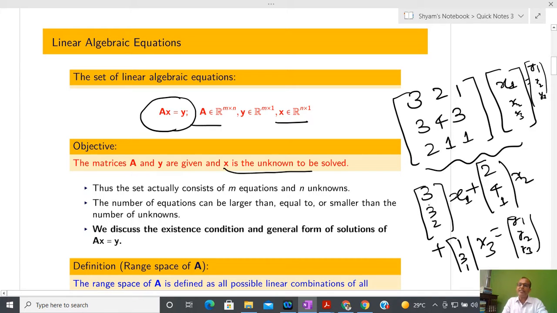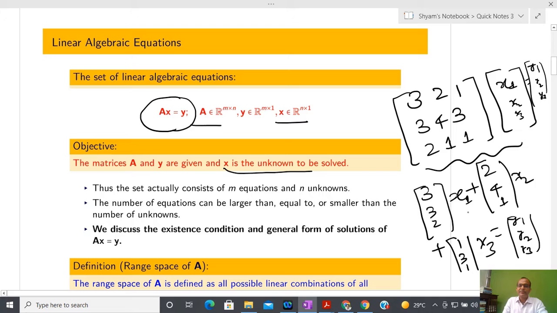Now this left hand side I can express in terms of linear combination. How are we basically defining linear combination? In order to define linear combination, we take vectors and multiply them with some scalar, and after that we get some kind of result, y1, y2 and y3. So what do you think, when will a solution exist?